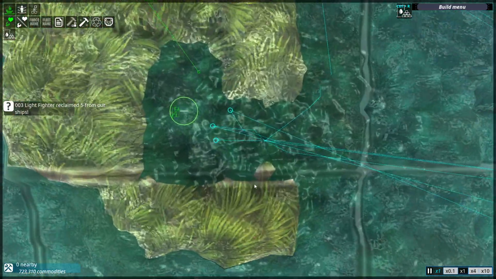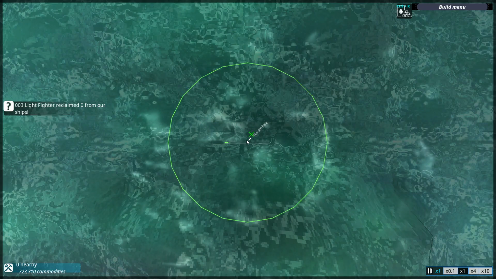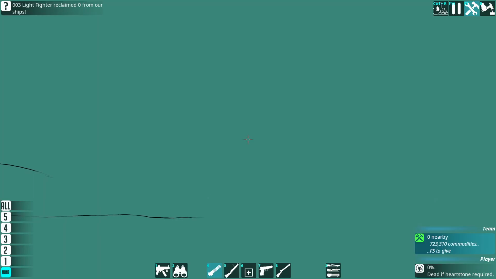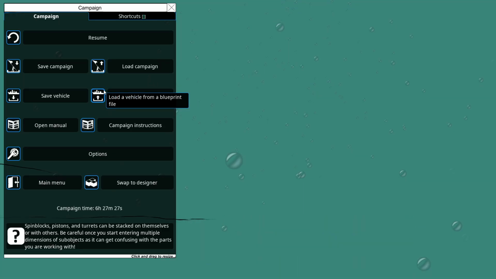Receiving. I think if we just do load vehicle, we zoom right into where we want it. Build menu, right? Oh, hearts. Favorite vehicles. Hang on. Save campaign. We'll do that, and then we could hopefully set all our designs up to be loadable on the map. That might be quicker than going into the menu each time, so...